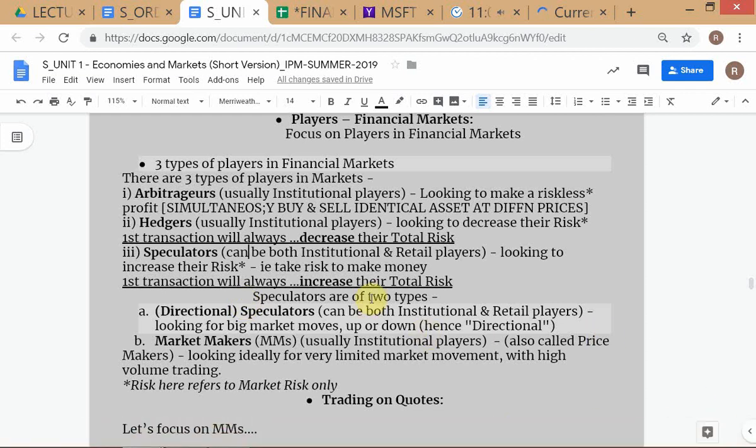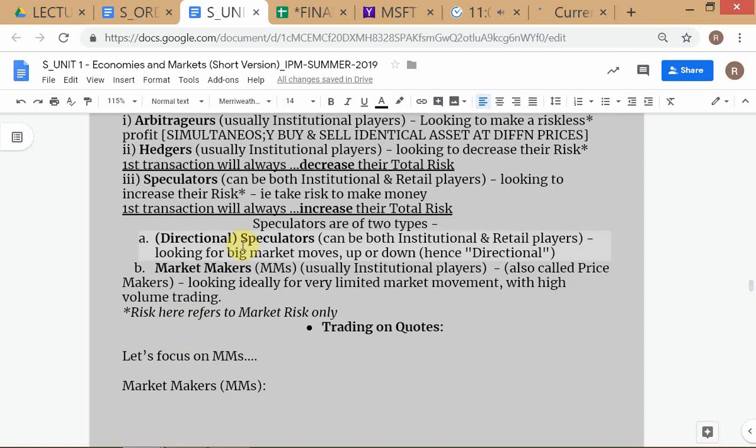So is everyone clear? I'm calling directional speculators the guys who buy and sell, the typical asset manager, your HDFC mutual fund, buying shares, making a bet on shares. It's all directional speculation, because in order for them to make money, there needs to be a big directional move, either going up or down. Now what are market makers? Why are market makers classified separately? Market makers are not like directional speculators, because they don't require a big directional move in the price in order for them to make money.